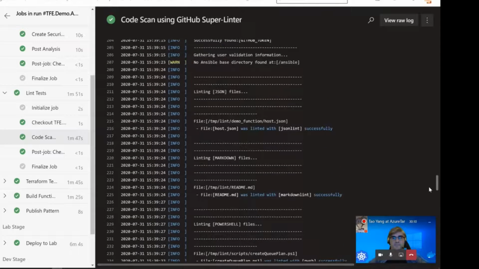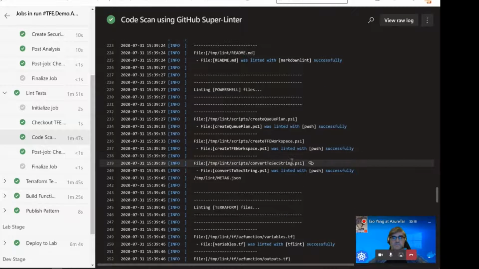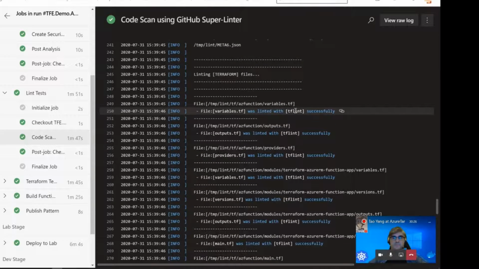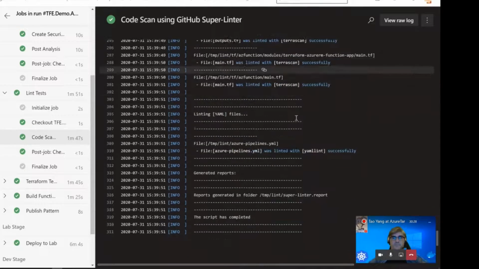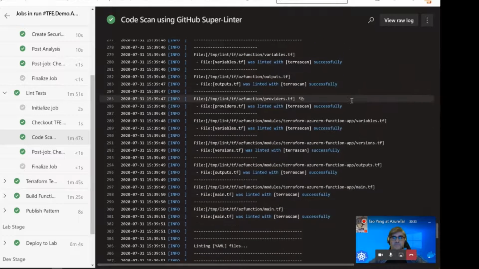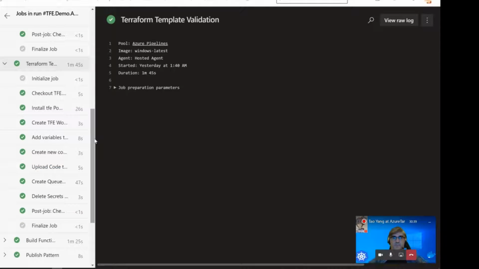And then you can see that it checks, like there's a linter for JSON, there's a linter for Markdown. There are also PowerShell script analyzers used for PowerShell scripts. And then you have TFLint for Terraform. So it runs pretty much everything. And I think there might be one for C# as well. So after this is all done, the next stage is